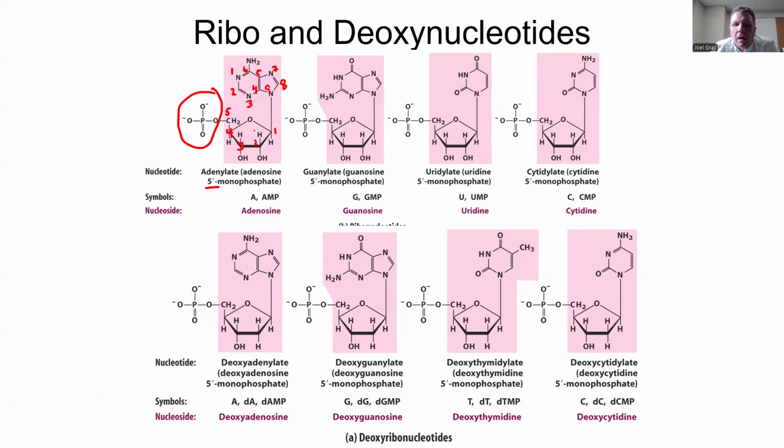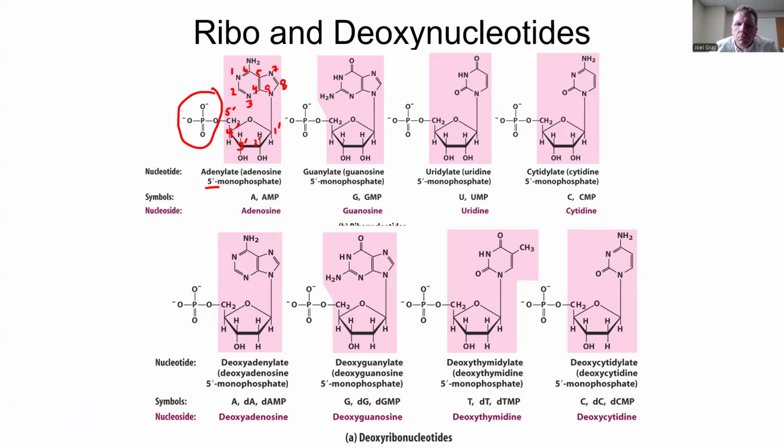Well, what we have to do is distinguish the numbering of these atoms from one another. We don't go on and say, oh, this is 10, 11, or anything like that. Instead, we use a prime numbering scheme. It's kind of like in organic chemistry where you had an R group and an R prime. This is also a part of a molecule, but it's a little different, so we throw a prime on there. So this is 1 prime, 2 prime, 3 prime, 4 prime, 5 prime. Those primes are in direct reference to the numbering of the atoms in the sugar.